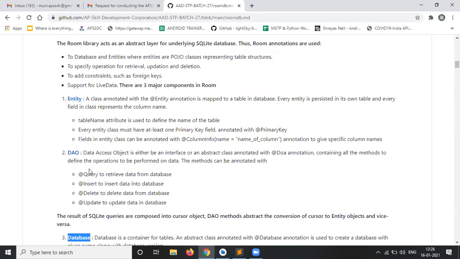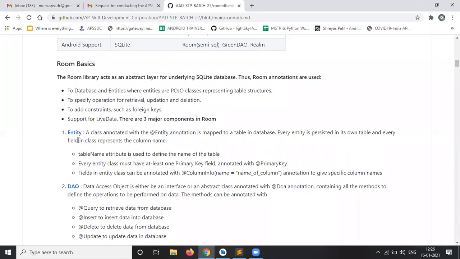Now coming to the first component, the entity. So what is an entity? Entities are POJO classes that represent the table structure. An entity is a class annotated with @Entity.